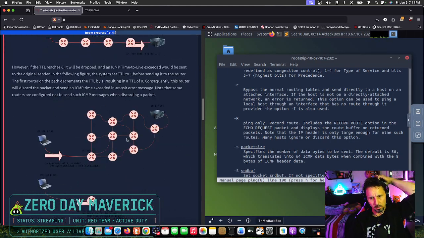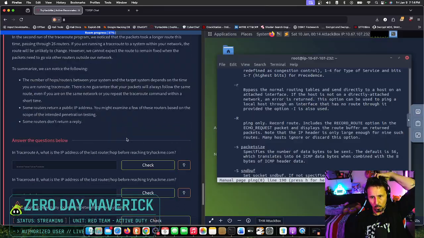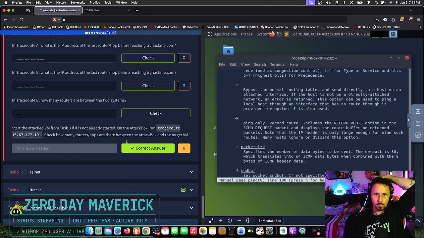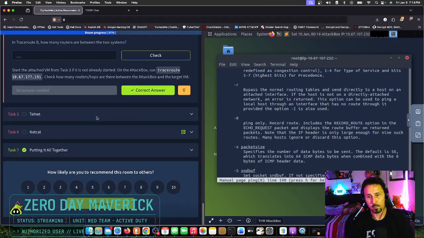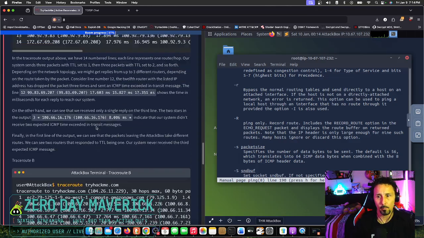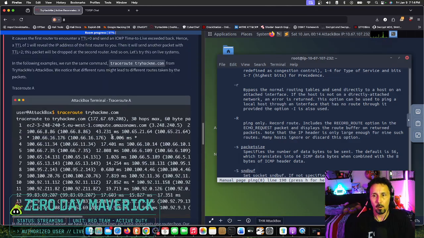Moving right along. We got pretty simple questions. So cool. So what is traceroute? Traceroute is basically